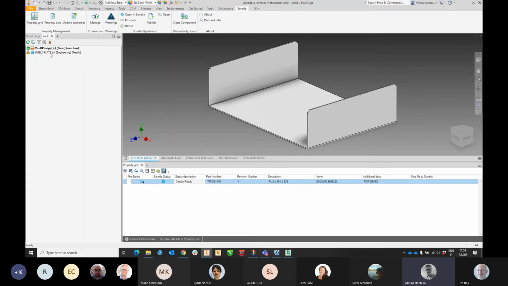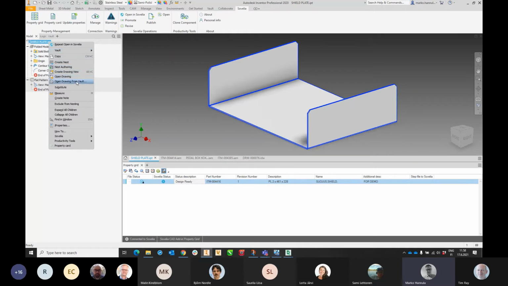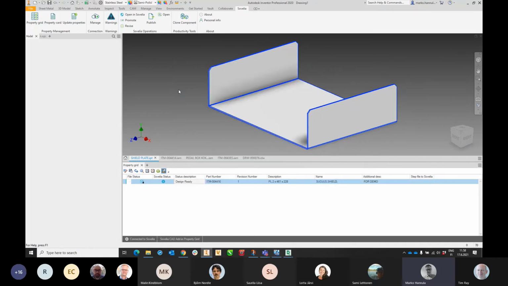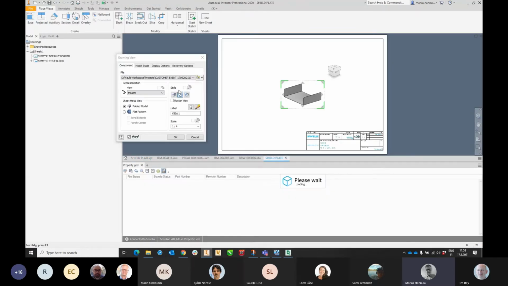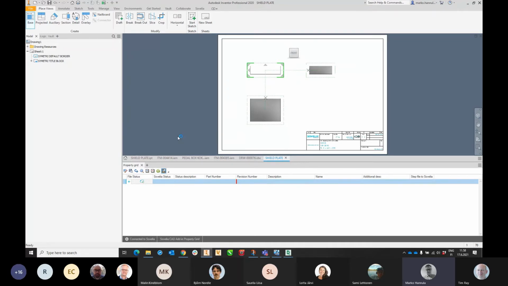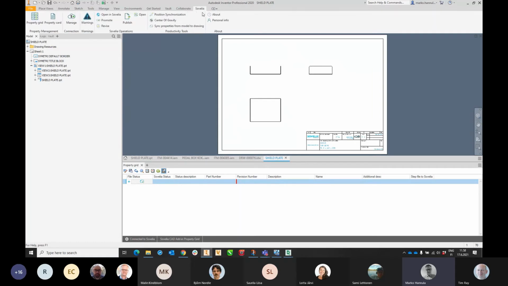Quite often we need a drawing out from this, so I'm going to create a new drawing. And once again, it's all the same on what phase you are creating the drawing. Are you doing it simultaneously when you are doing the model, or however you want to do? You all know how CAD systems work, so I am not going to